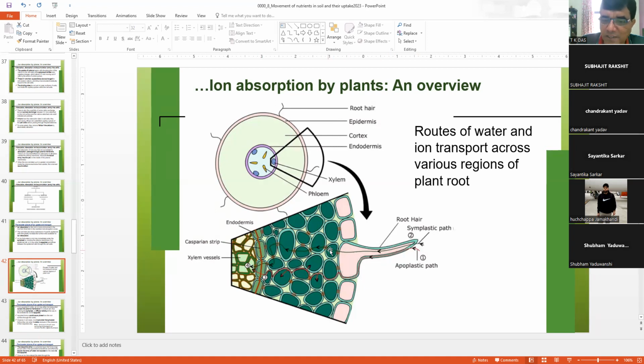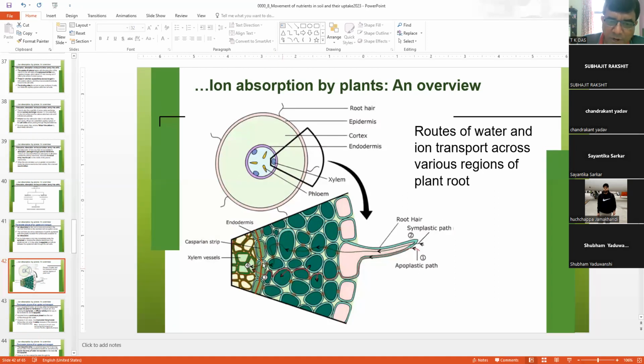And between two cells, you have plasmodesma or plasmodesmata, which allows the transfer of substances, transfer of ions from one cell to another cell. So you can see the black line, this is the symplastic pathway. Here you see the ions or nutrients are passing from cell to cell with the help of plasmodesmata. You can see this is passing, this is passing, this is passing. And finally, it is also coming to the